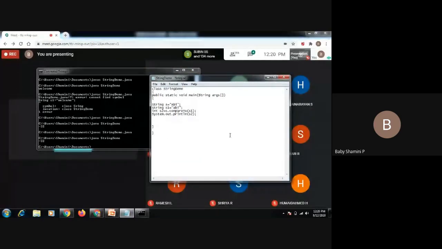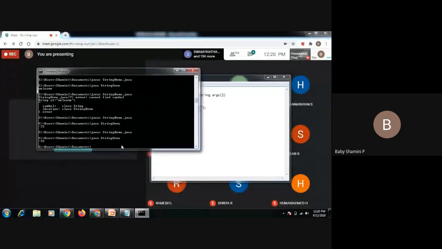And also we have the double equal method. Example, String S1 equal to new String of Abhi. Again, I am going to compare S with S1. So what is the answer?